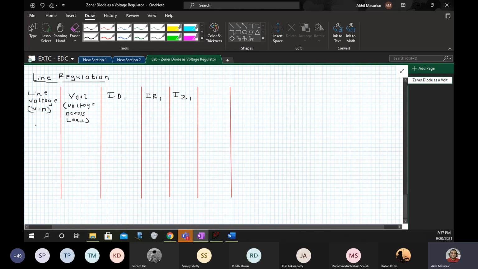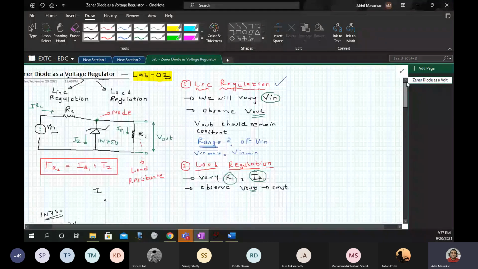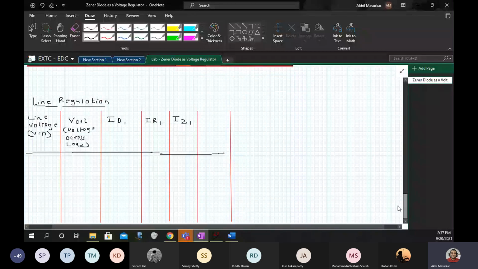For each of these readings, I told you that this is a node in the circuit. This is a node. So this should get satisfied at all times. So when I check, what I'll do is I'll just sum these three. So what you should check is, this is IR2.